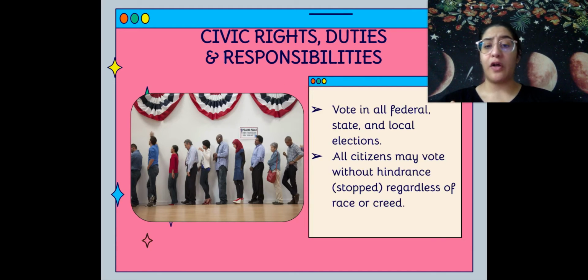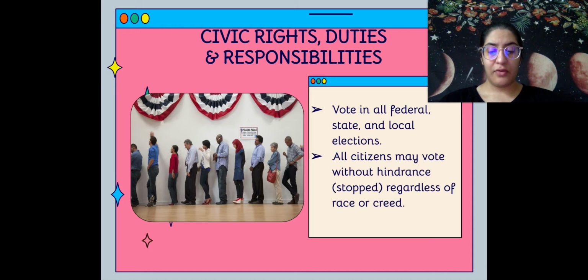We have voting. So as you can see, all these people are waiting to vote. Voting is done at all levels. So you have your local vote for mayor or your sheriff, your state vote for who would be our governor, or different laws. And then you have federal, which we vote for who's going to represent us in DC,